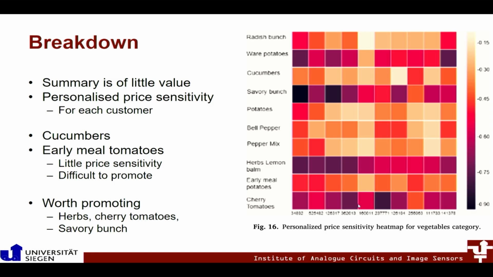Now look at products like cucumbers. It's all light here. What does that show to me? I have no price sensitivity, right? Whatever happens, they will buy cucumbers anyway, or else an early meal